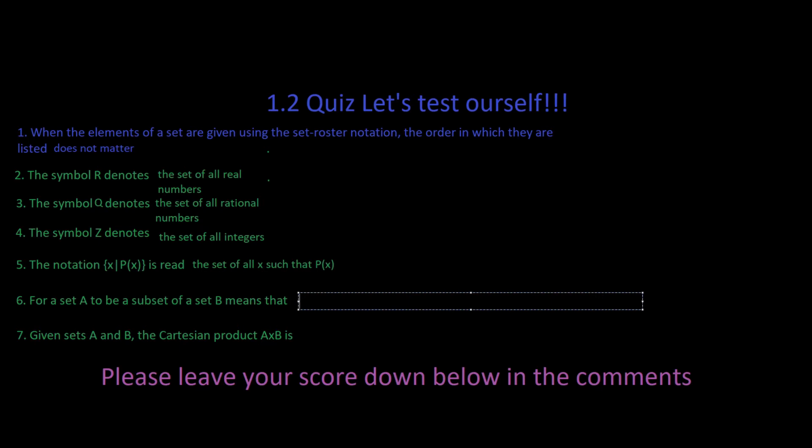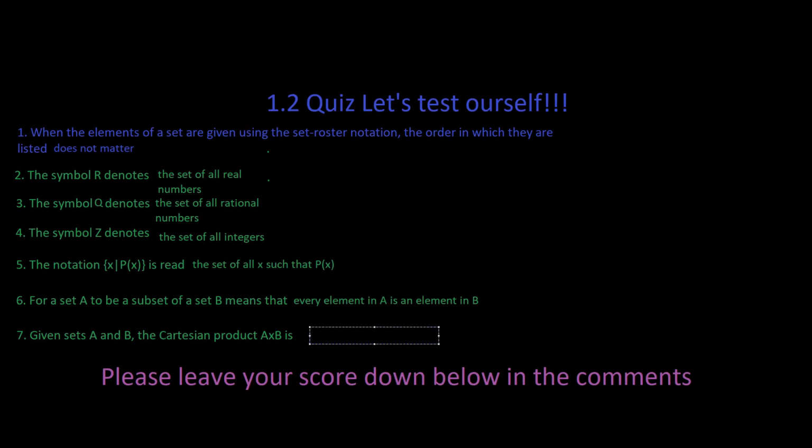Alright, you get it? It means every element in A is an element in B. Alright, then our last one. So our last one says, given sets A and B, the Cartesian product A cross B is, so let's see, put this right here, oops. So is the set,